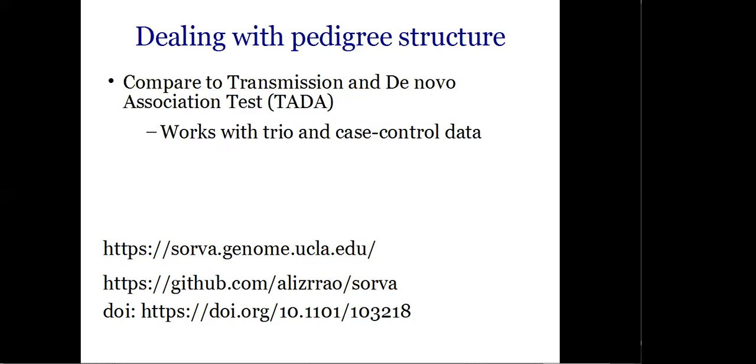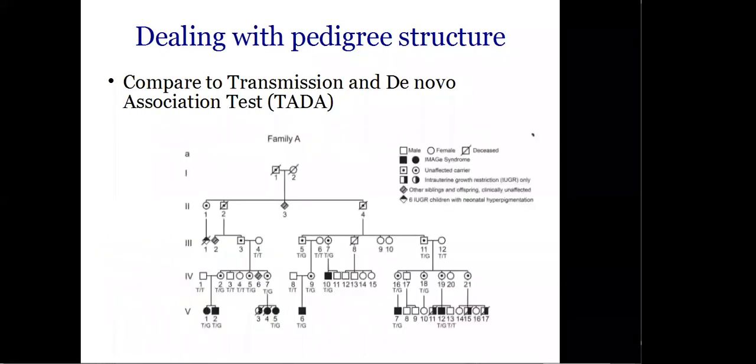So I mentioned the simple model where you sequence unrelated, unaffected individuals, but one thing about this model is it even works, let's say, if you have a discordant sib pair and you want to treat that family unit as a statistical test. And you can even use it for pedigrees such as this. So I'll go through this as an example of how you would use the SORVA dataset to